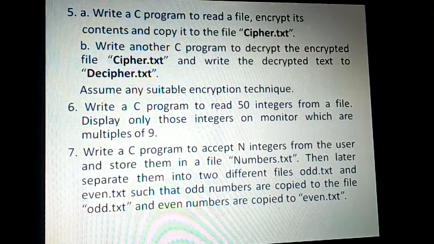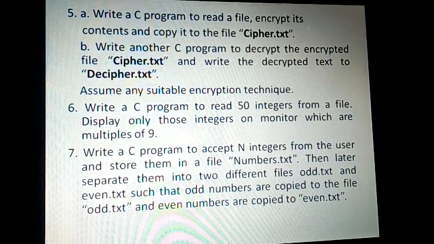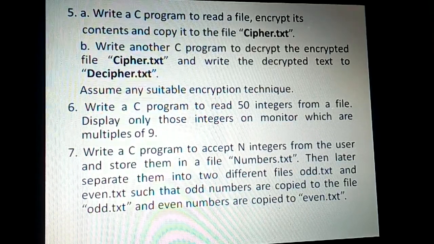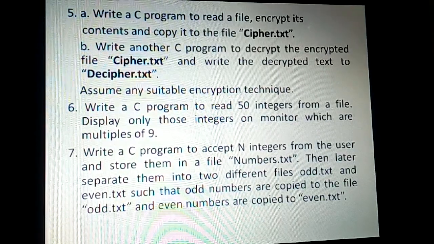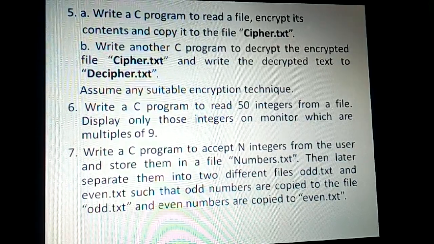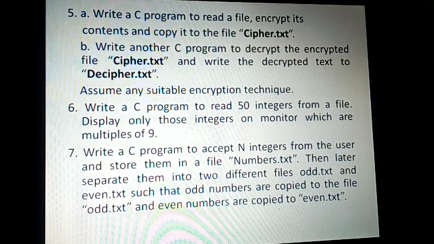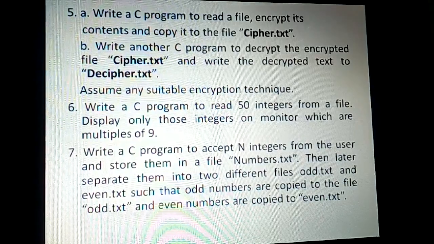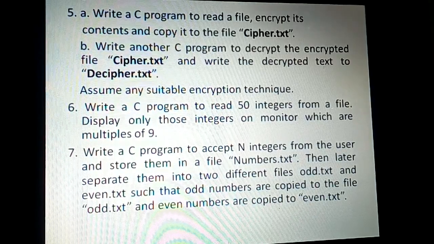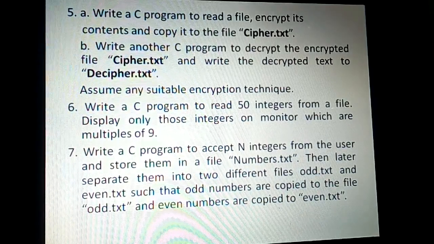That is, cipher.txt was the file used to store the encrypted text, and then we decrypted it back using the reverse technique, that is subtracting the ASCII value, and this was the methodology or the technique used. And on the same lines, we also understood how to read 50 integers from a file and then display only the integers which are multiples of 9.